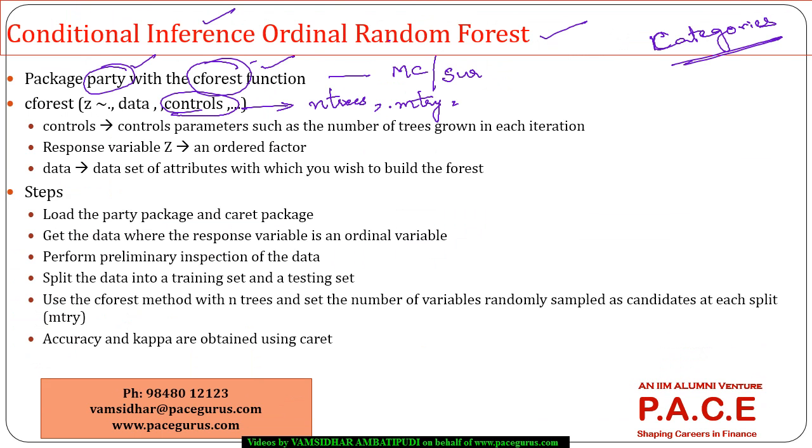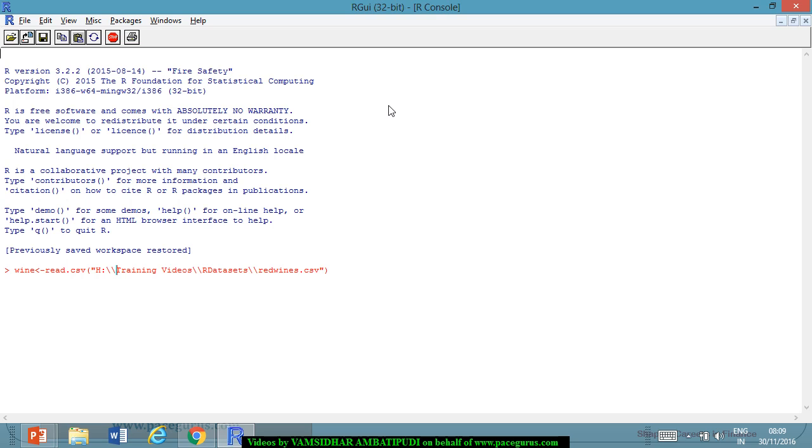So looking at the data, I've taken a data set called red wines. Let me quickly look at the character of this red wines data. We have 1599 rows in this data and 12 columns. Looking at the summary of this particular data,